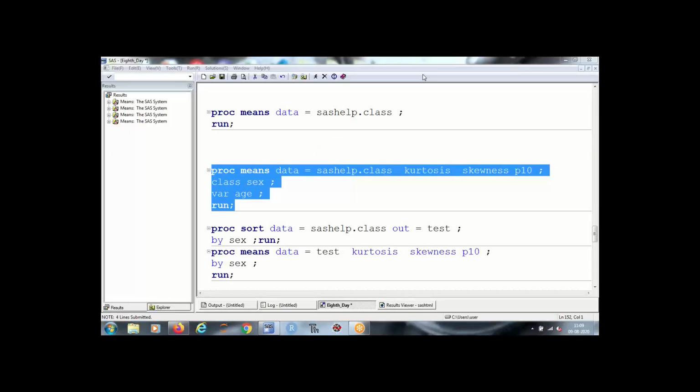So as you all know, that normal probability curve looks like this, right? If your curve is too steep or if your curve is too flat, we measure this with the help of kurtosis.